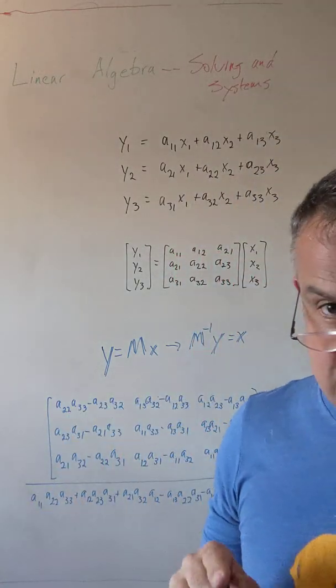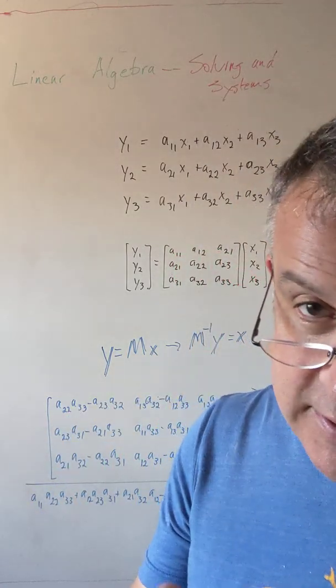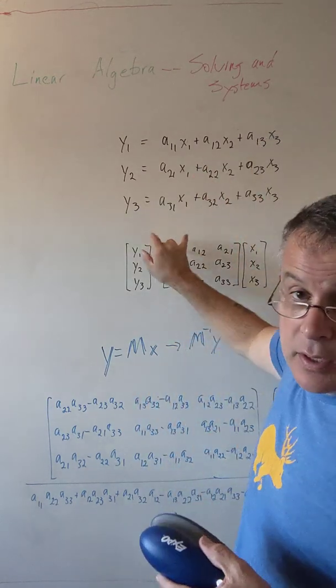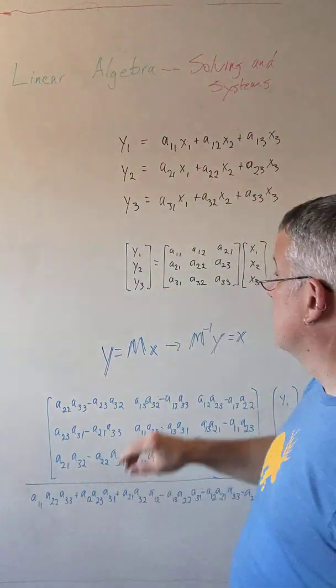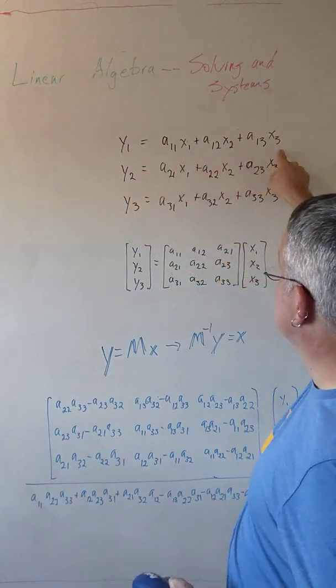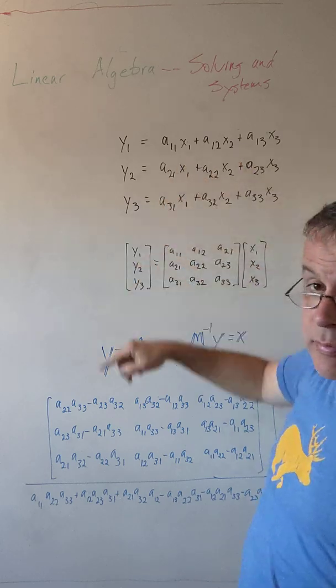Okay, so we did the 2 by 2 matrix problem. Let's do the 3 by 3 matrix problem. Now we have 3 equations and 3 unknowns. Given y1, y2, y3, we're looking for x1, x2, and x3, and so there's this whole 3 by 3, our